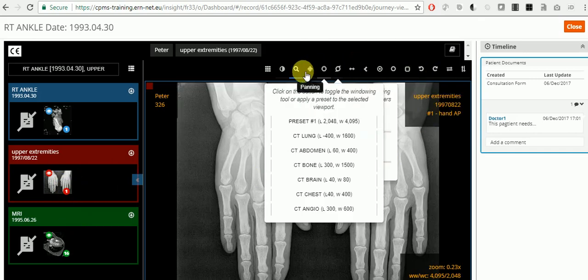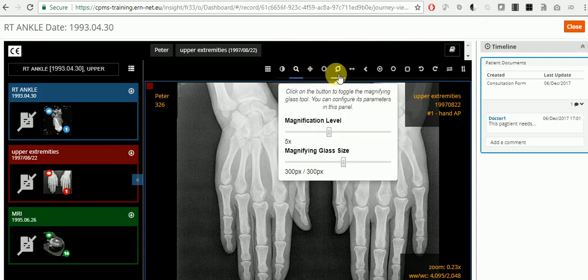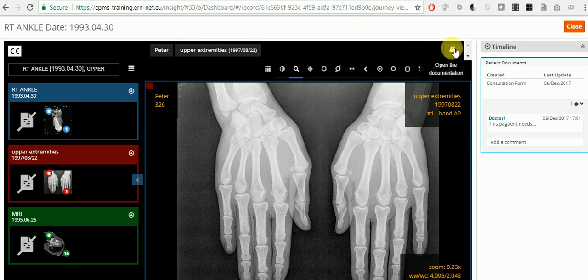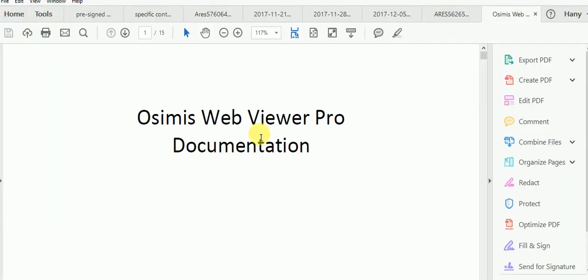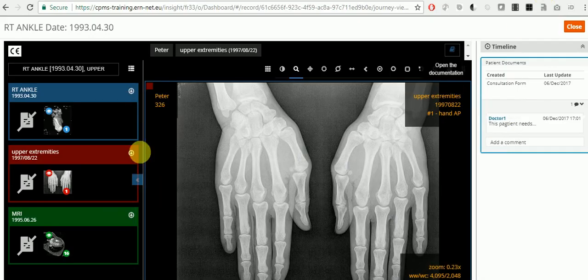You can actually use different types of annotation tools in the top bar here. I'm not an expert to tell you which one to use for what, but you can find the documentation of the viewer by clicking here. It takes you to a PDF file where you can find a user manual for the viewer. You can annotate the image very easily,